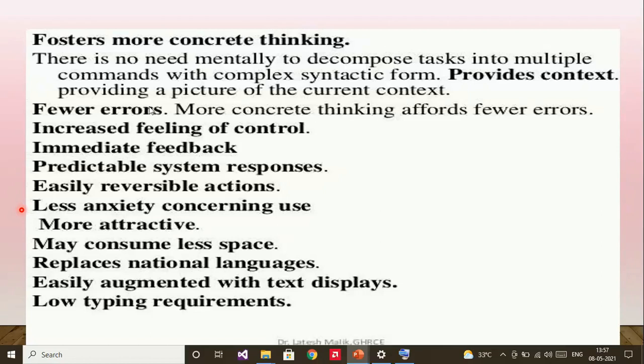Some users may be hesitant to use certain applications. Hesitant or new users feel less anxiety when using the system because it is easily comprehended, easy to control, and has predictable responses and reversible actions.